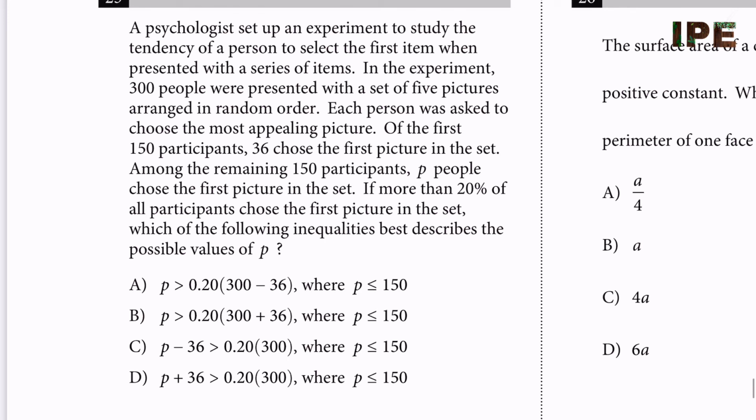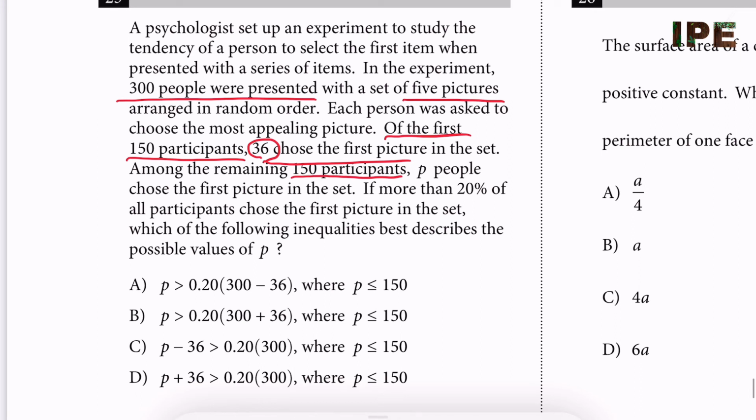In the experiment, 300 people were presented with a set of 5 pictures arranged in random order. Each person was asked to choose the most appealing picture. Of the first 150 participants, 36 chose the first picture. Among the remaining 150